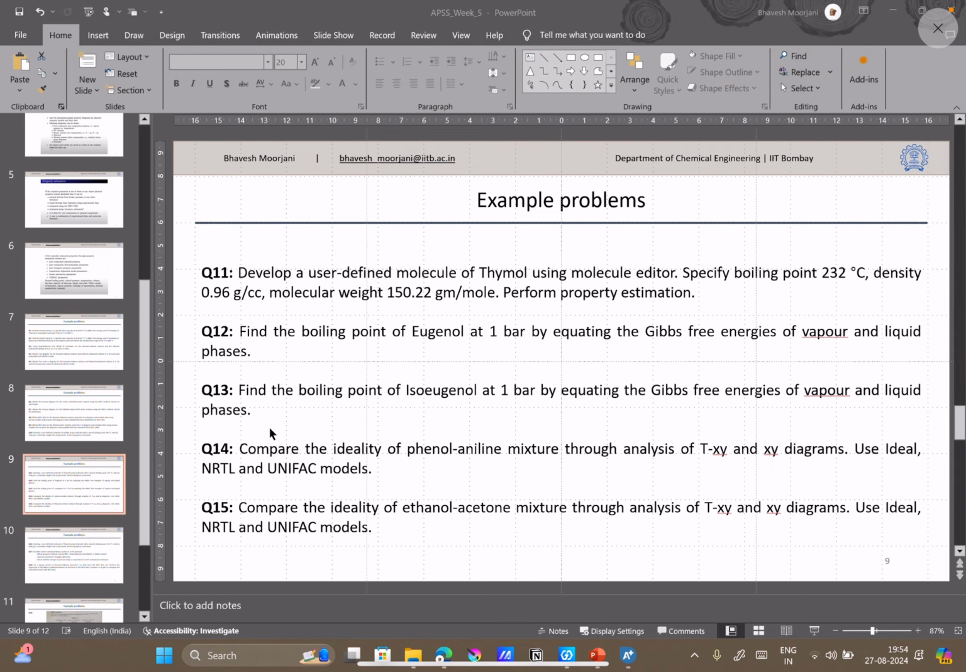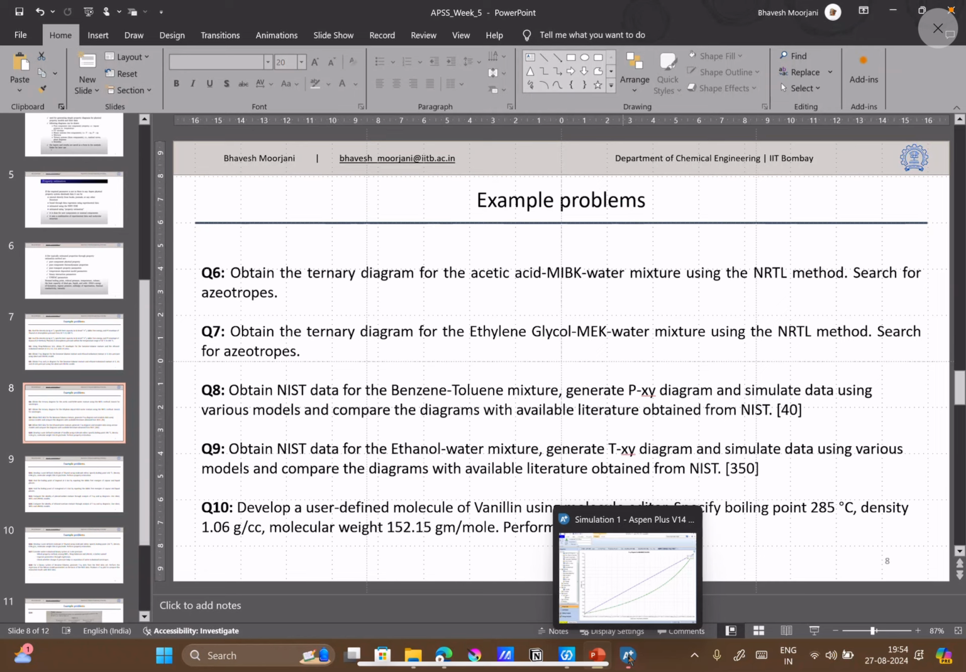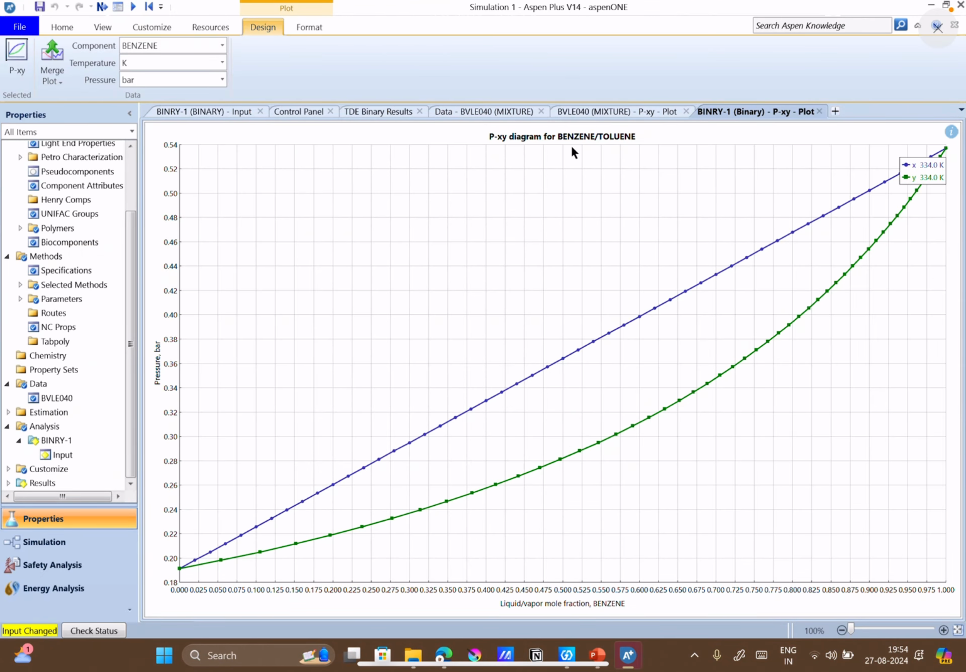So this was question number 10. If you don't mind. Sorry. Question number 10. It is what should we do? Develop user-defined molecule of vanillin. You want to do this question, you are saying? Yes, if you don't mind, please. Yeah, I was thinking that only. So anyway,